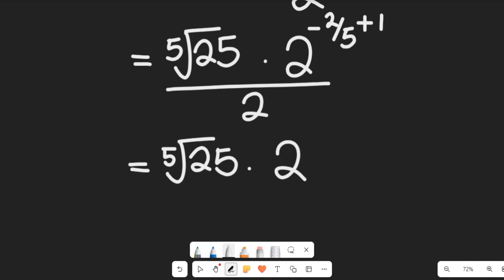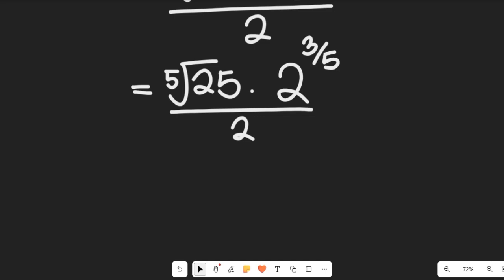Because this is going to be a negative, minus 2 plus 5 is going to give me 3. So this is going to give me 3 divided by 5, right? And all of these will be divided by 2. Great. So from this expression now, I can reduce this to my barest minimum, because this is going to give me the fifth root of